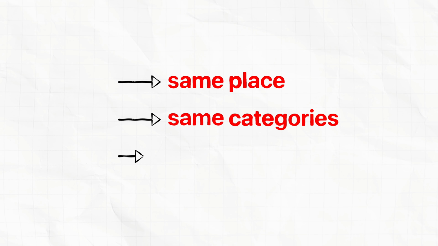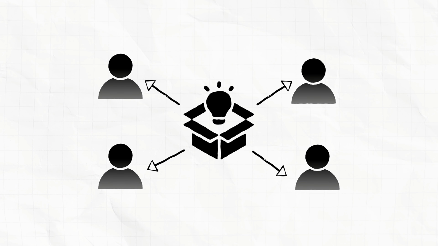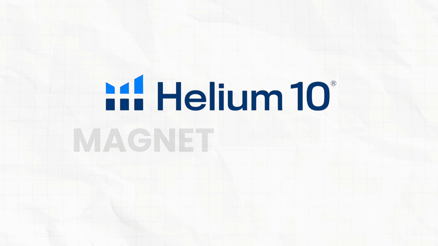Most people doing Amazon product research are all crowded into the same place, the same categories, and the same niches, fighting over products that everyone else already found. In this video, I'm going to show you a completely different way to find products, and that is the Helium